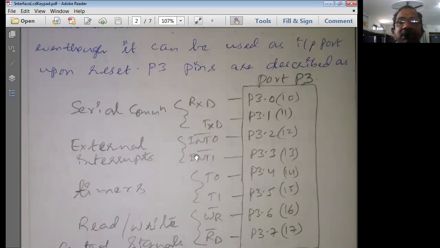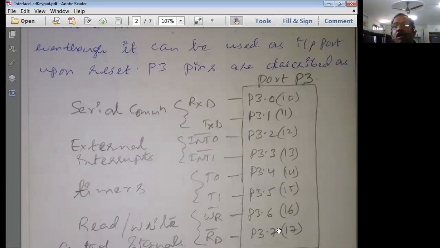And apart from this, in order to perform serial communication, we use RxD and TxD. RxD means receive data. TxD means transmit data. So remember here in this order P3.0, because the pins P3.0 to P3.7 you have to remember compulsorily.